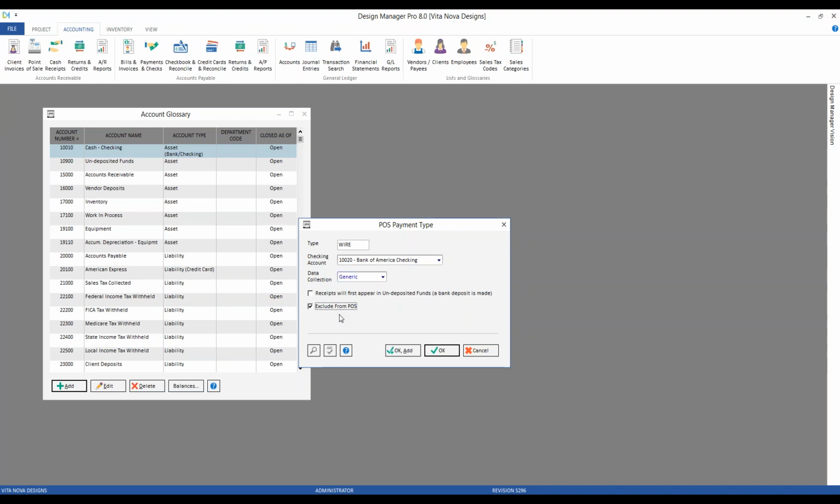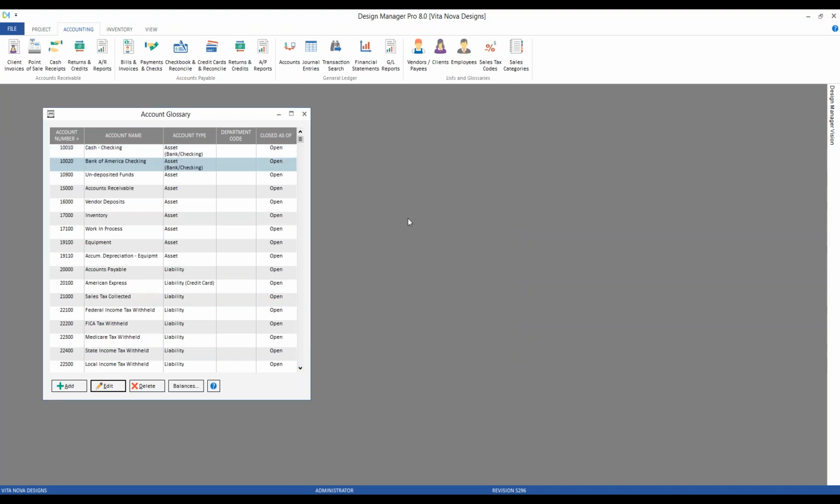Generally, a wire transfer wouldn't be appropriate there. It's more often credit card or check, of course. So that might be an option we would select in our case. And if we click OK, we've created not only our brand new Bank of America checking account, but also if